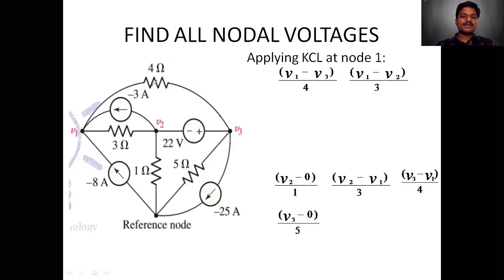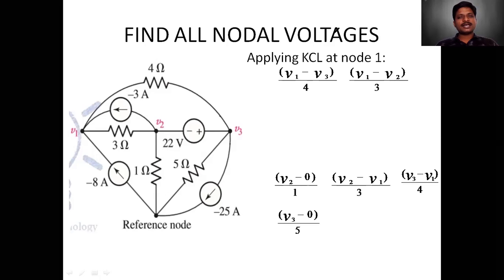Why are we taking a super node? If there is a voltage source in the diagram and all the remaining are current sources, you cannot write a KCL equation. So for that purpose, the nodes that are connected with a voltage source, we will take those two nodes as a single node. So we are taking two nodes as a single node, therefore we call it a super node. This analysis is super node analysis, but the procedure is the same, there is no change.